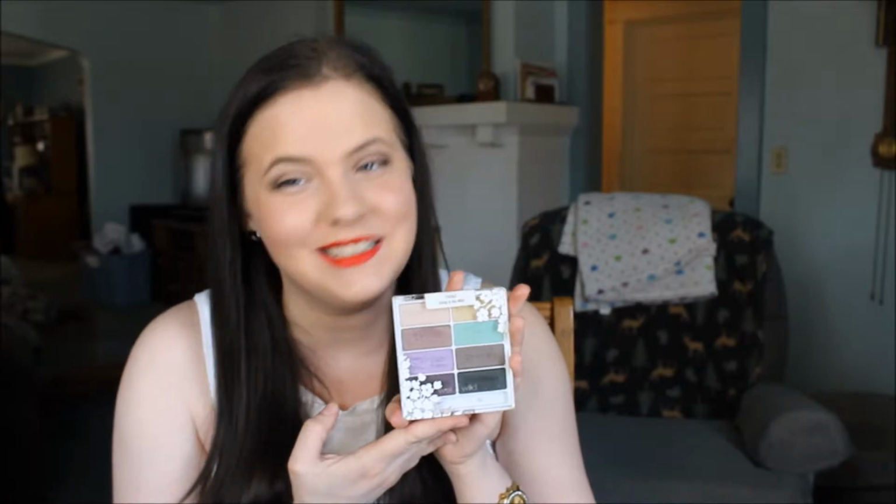Next is the most disappointing palette, it's the biggest regret. Next question is your biggest regret, and I think my biggest regret would have to be this one. This is the Wet n Wild Going in the Wild palette, and I think this is from 2 summers ago or 2 springs ago. Yes, it is from 2 springs ago, and I thought this would be an amazing palette